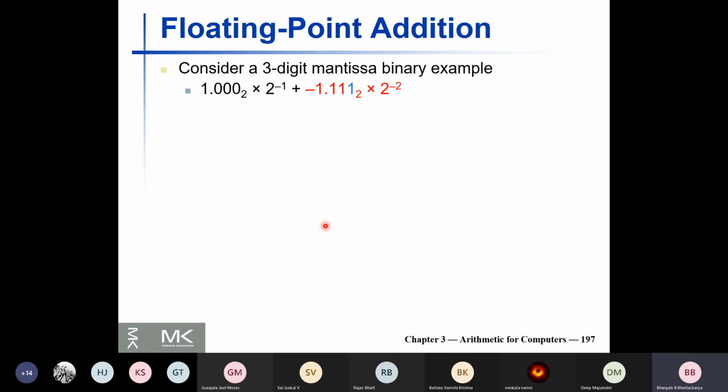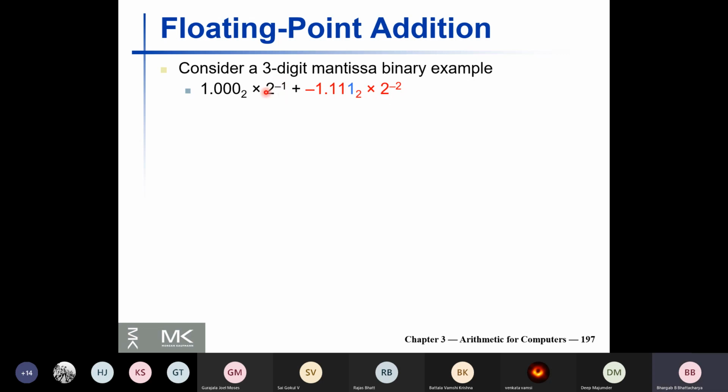We consider floating point addition and consider this example. I'm considering a floating point addition in binary domain. And you assume that I have a 3-digit mantissa. Just for the simplicity, we are considering this. So that means this is the leading one, and after that we have 3 bits in hand. So that's my universe. Suppose I want to perform an arithmetic operation between these two.